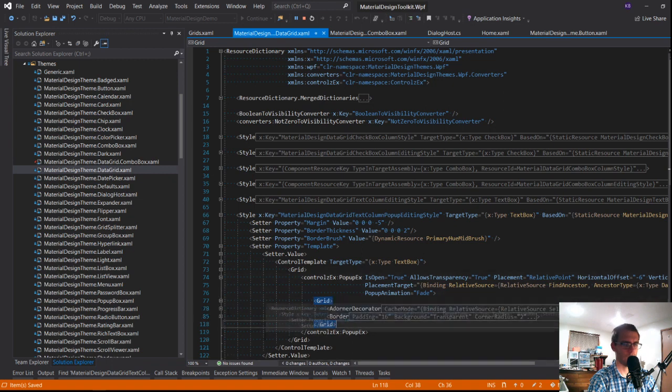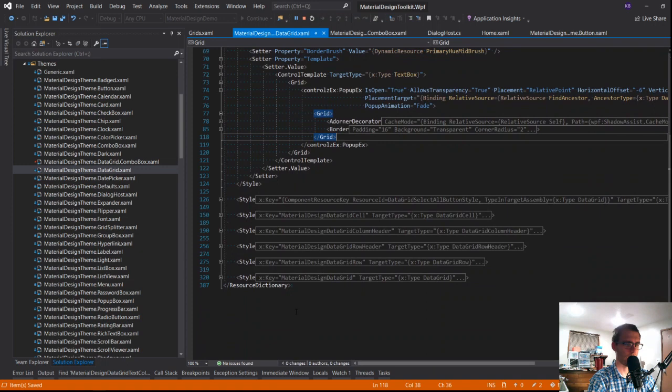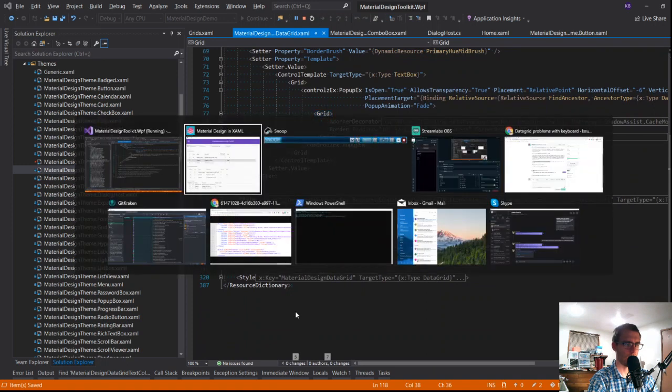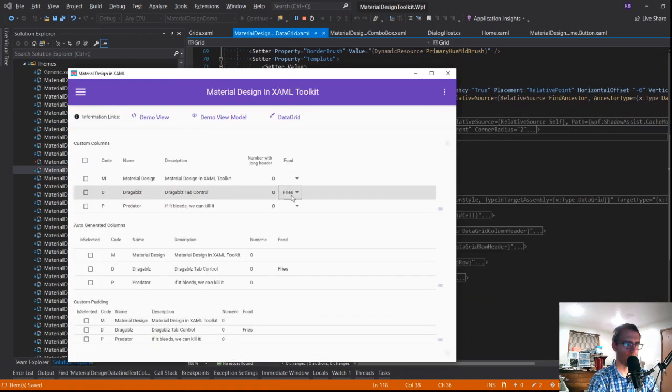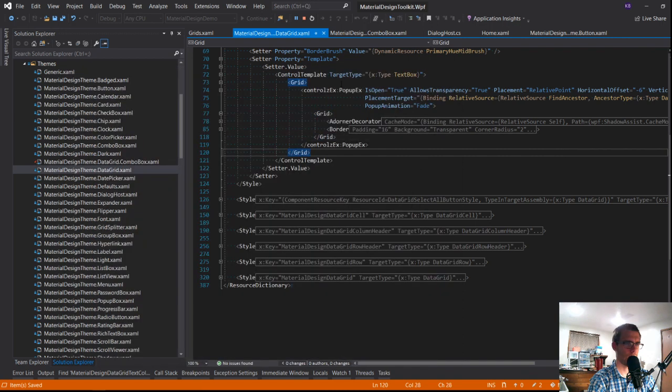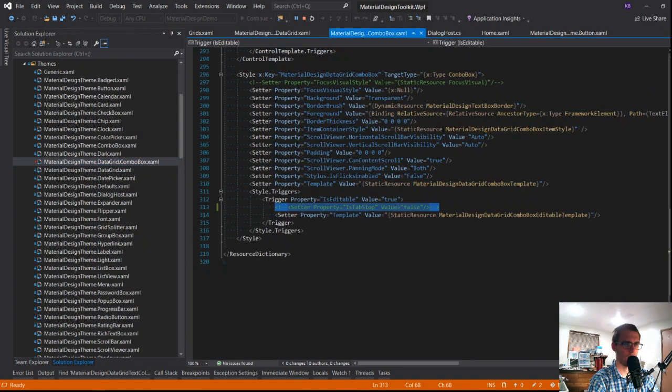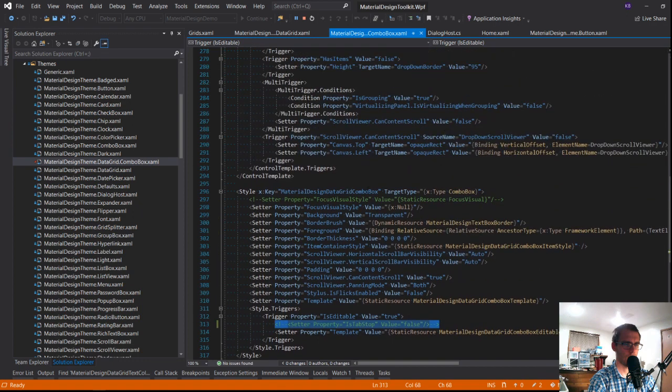Okay. So the key thing here, though, is this is effectively toggling between editable and non-editable. Which makes me want to look at the data grid. Combobox.